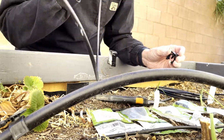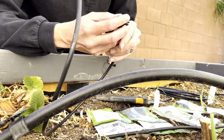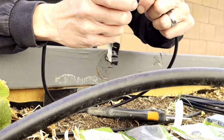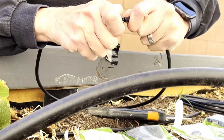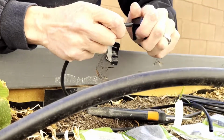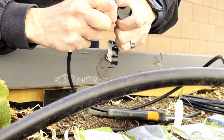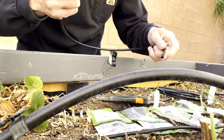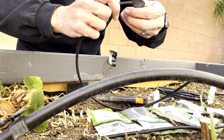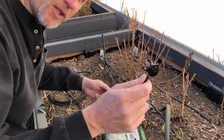So next, take your 1/4 inch line, and you'll want to push your 1/4 inch line onto your clamp and pierce connector before you do anything else. So you want to just push that on there really good. Make sure that goes on all the way up. So get that on there as far as you can, so it goes all the way to the end of the plastic there. So once you've got that all the way on,